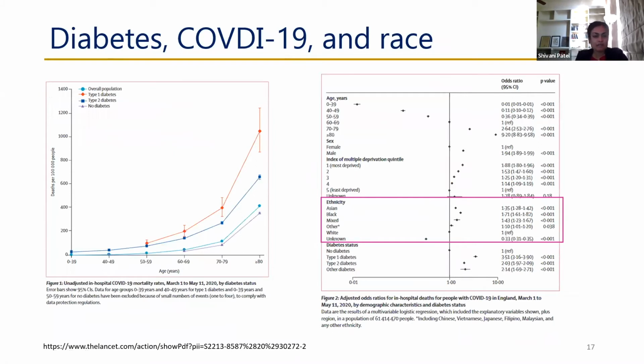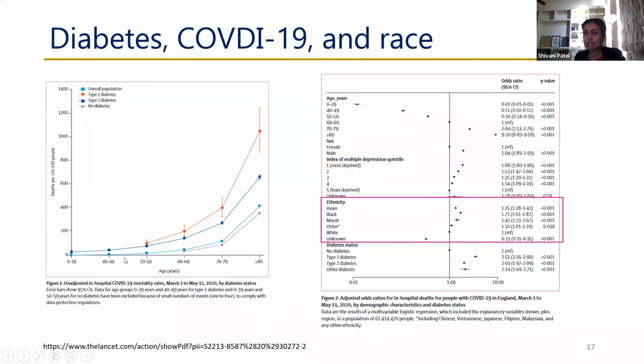And then my penultimate example on the health bit is diabetes. And we can think about the intersection of diabetes, COVID-19, and race. These are actually not US data, because I think the UK data are just so much more powerful, since they're able to draw on the entire population. So this is the National Health Service data from England. And you see in this figure that